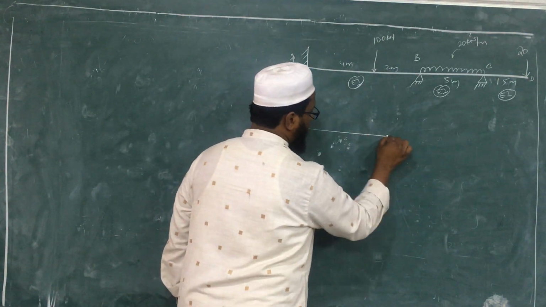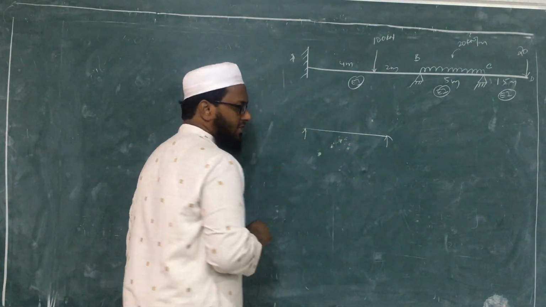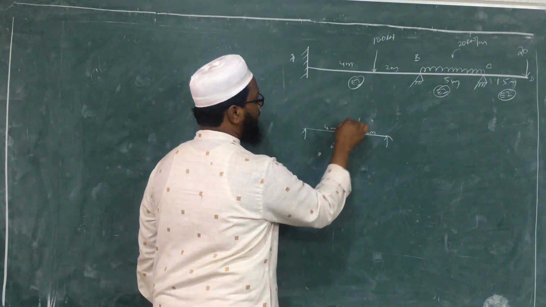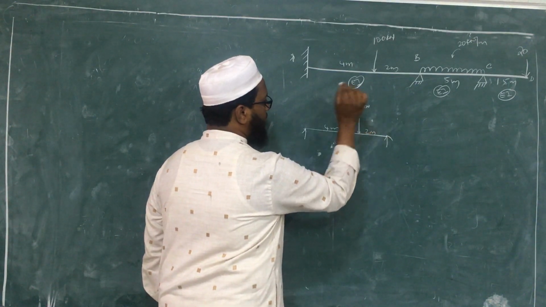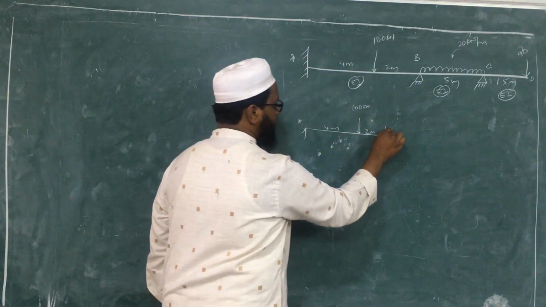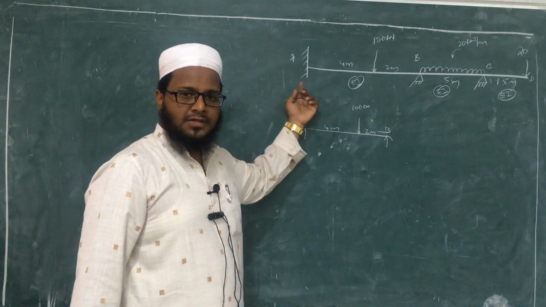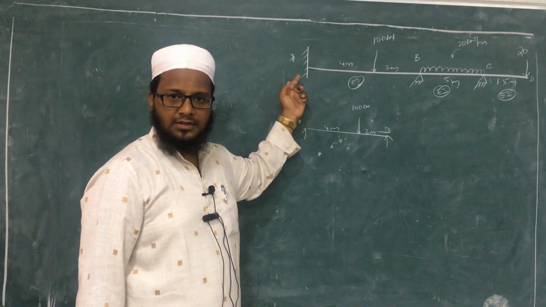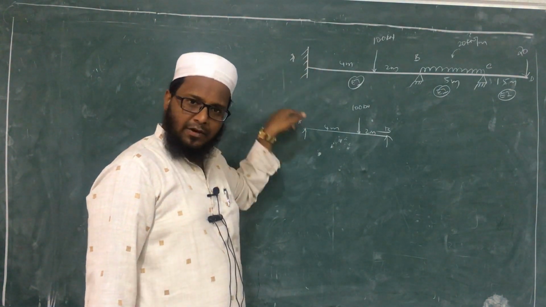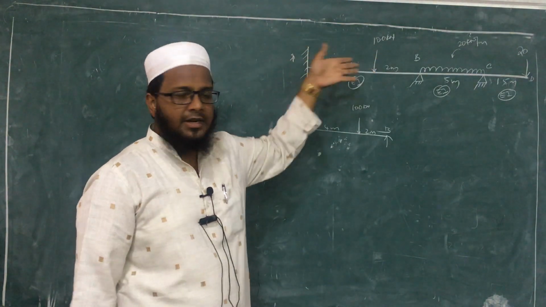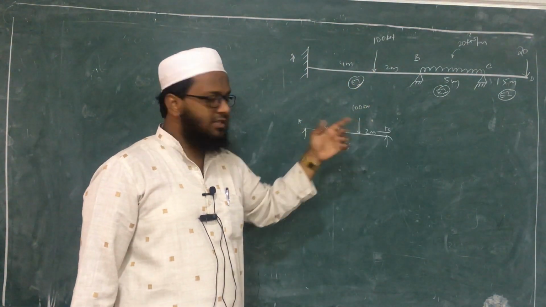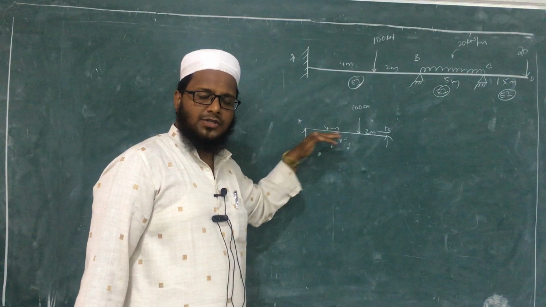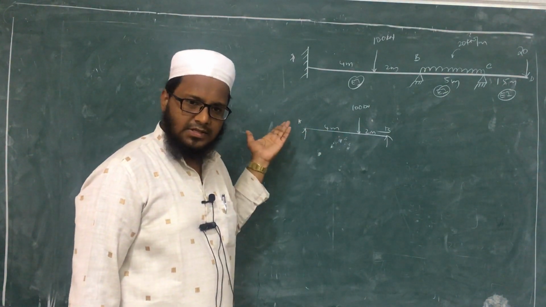So this is AB. We have one point load. This is 2 meter, 4 meter, 100 kilonewton, isn't it? This is point A, this is point B. At a fixed support we will have three reactions, isn't it? One is vertical, another one is horizontal, and one more moment will be there. Since in the entire beam we do not have any horizontal force, this HA or RAX, whatever it may be, this horizontal component will become 0.